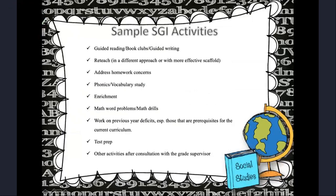Now, we just provided some sample activities. As we mentioned, teachers really take a look at their data, take a look at their students. They know them well and determine what they want to work on with the group during that time. So here are some examples, not set in stone, that teachers work on during the SGI period. They can work on guided reading, book clubs, guided writing. They can reteach if they notice a group of students may not have mastered the learning objective of the day, but they use a different approach, which might be a little bit more scaffolded and more effective for that particular